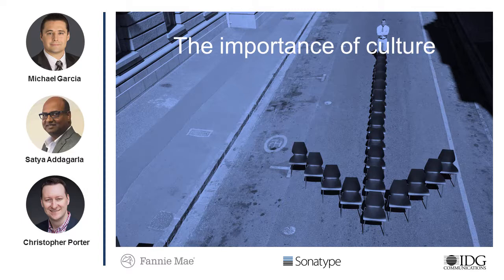Oh, thank you. Let me give a really strong example of a simple change when it comes to culture that can make a huge difference. So a lot of times in security, when you're doing application security testing, you find vulnerabilities. And then once those vulnerabilities are found, you need to have some sort of process to fix it. With DevSecOps, we've really integrated a lot of that security testing over onto the developer side. But one of the things that was preventing us from making a lot of headway early on